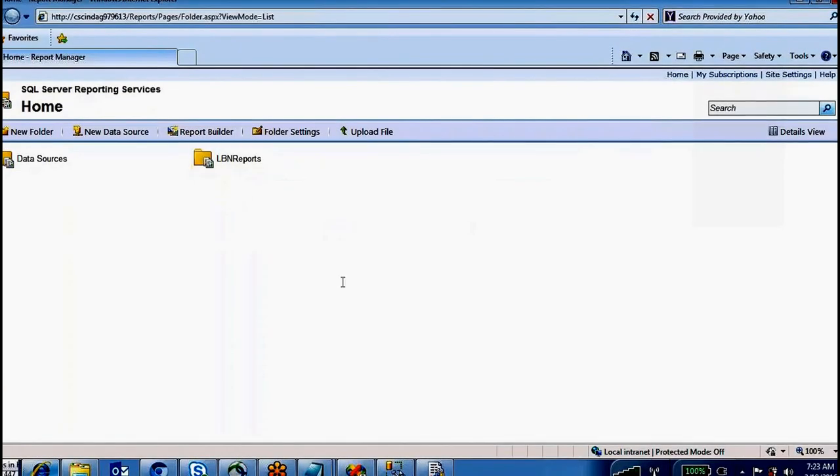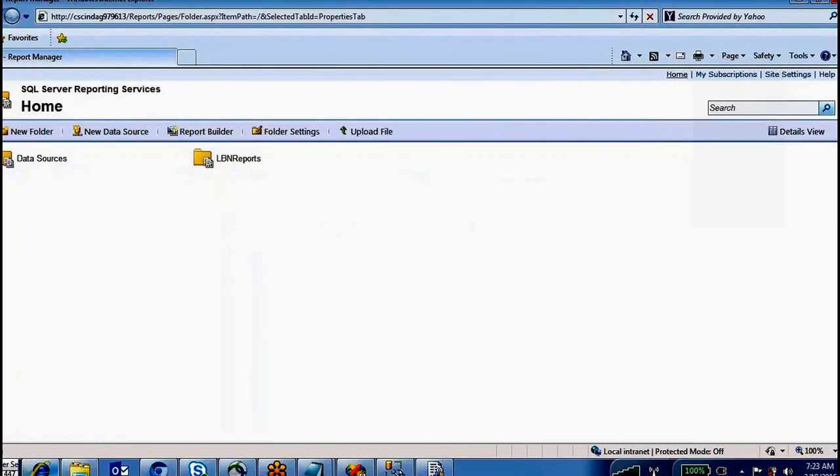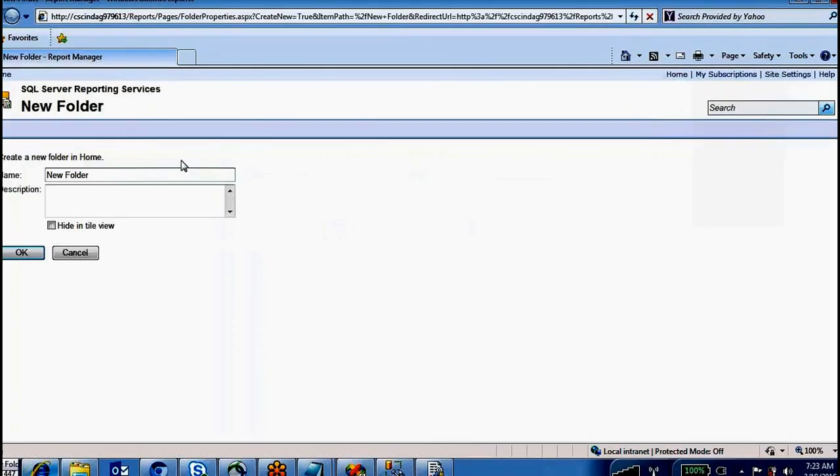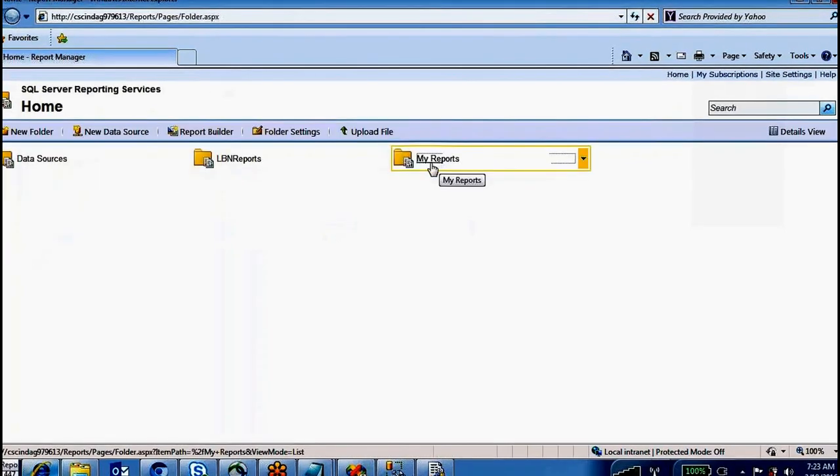If you want to create a new folder, how can you create it? Go to folder settings, and just click New Folder. The folder name is my reports. If you want to write a description, you can write it. See, my reports folder.